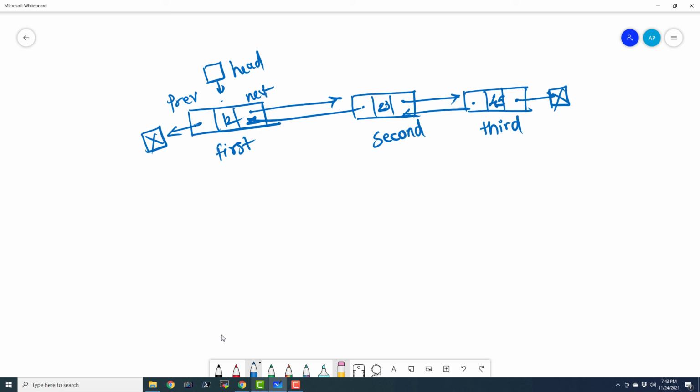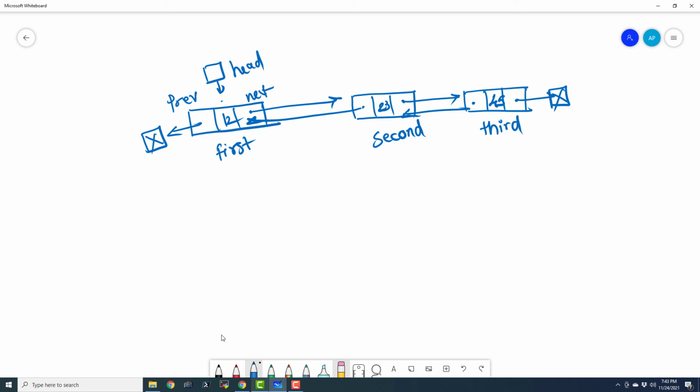Now the best advantage of doubly linked list is that in singly linked list we can traverse only in one direction, and in doubly linked list we can traverse that particular data structure in both directions, saving us a lot of headache. But it is actually very easy to lose our way, so we need extra variables in the memory in order to keep track of what direction we are going into. So that is a little bit of overhead.